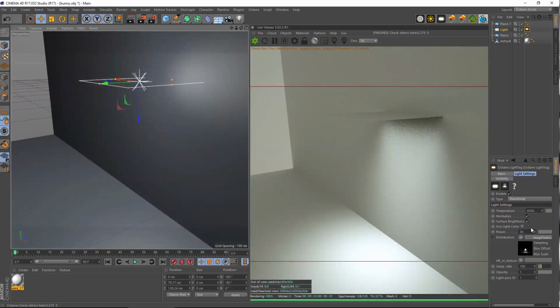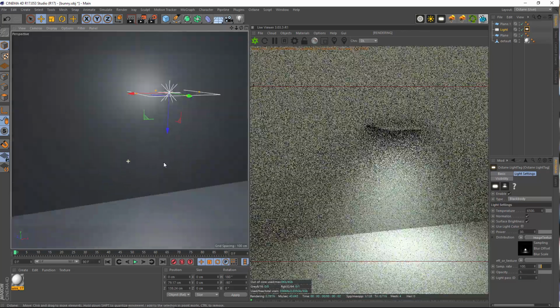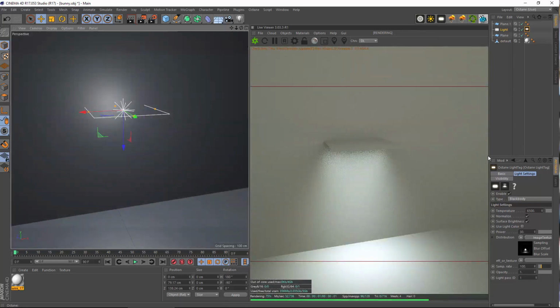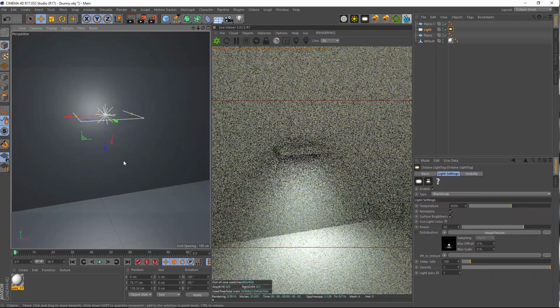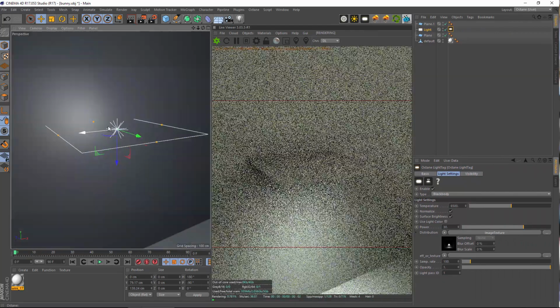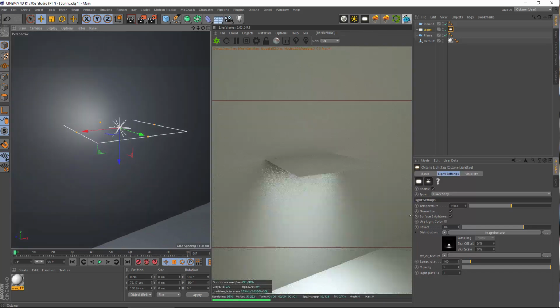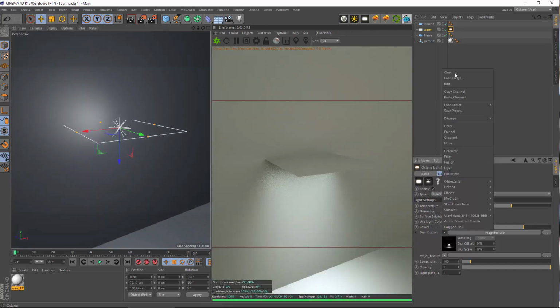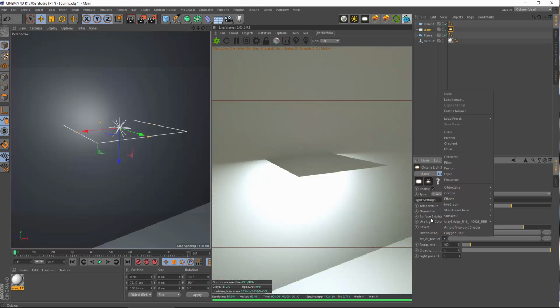We also see a little bit of a preview of what the IES light will look like. So yeah, this is also possible. So IES lights, no problem for Octane whatsoever. Basically most often used, of course, for exteriors and interiors. What we can also do is load a texture if we want to. So let's just go